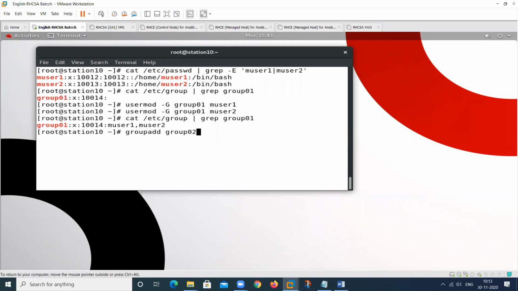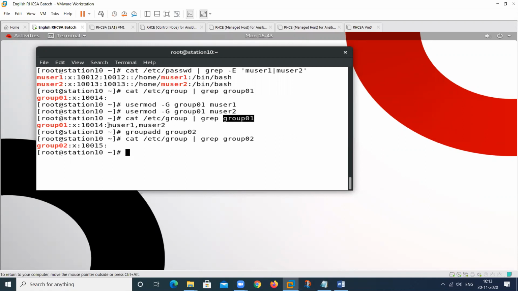This is my other secondary group, and I want to check how many users are in this group. At this time, there is no user in this group. This group belongs to the sales department, and this group belongs to the account department. And this is the person who handles both accounts and sales.